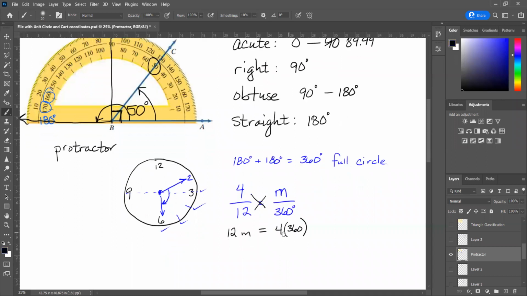Well, 4 times 360 is 1440. So 12m equals 1440. And now I could divide both sides by 12. Because 12 divided by 12 is 1, I'm left with 1m. And 1440 divided by 12 is 120. So it's 120 degrees,